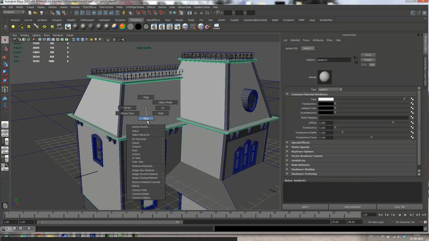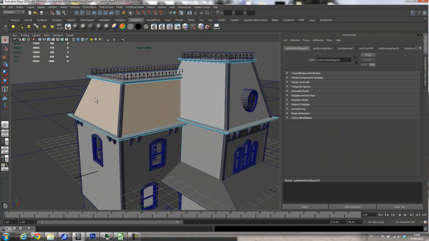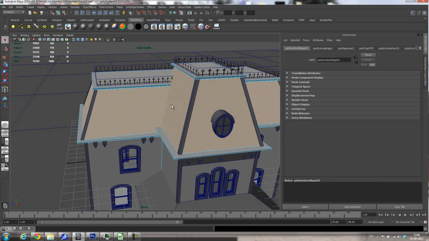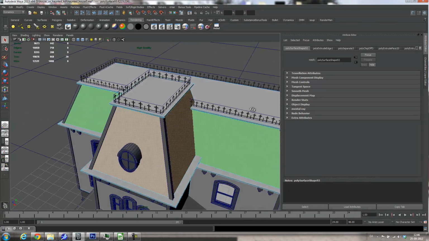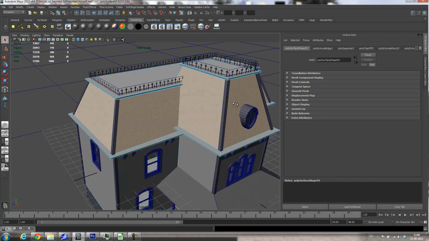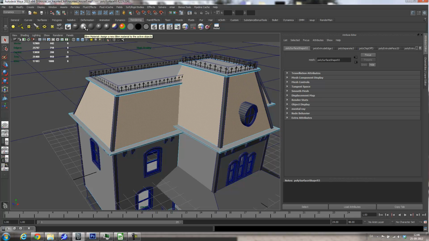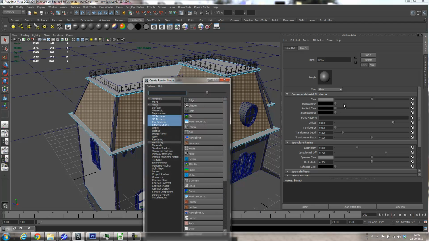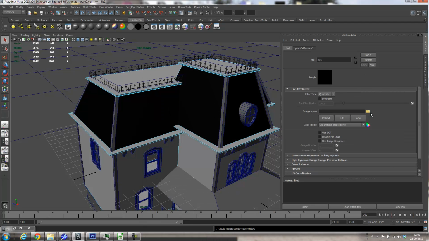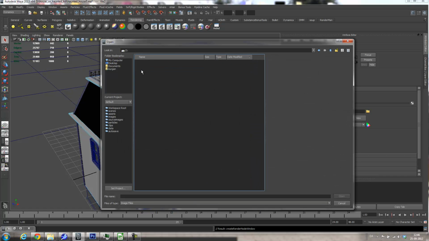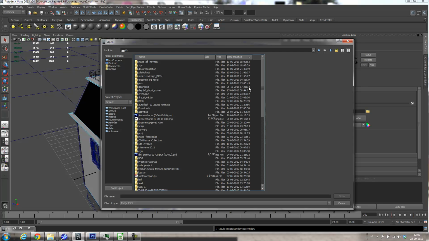And then what I'll do is I'll grab faces like these on the top here, and they are supposed to be roof. So I will apply another material for that, in this case blend. There you go. And then for this blend material I'll add a file as a texture, and that texture should be, let me just find this,